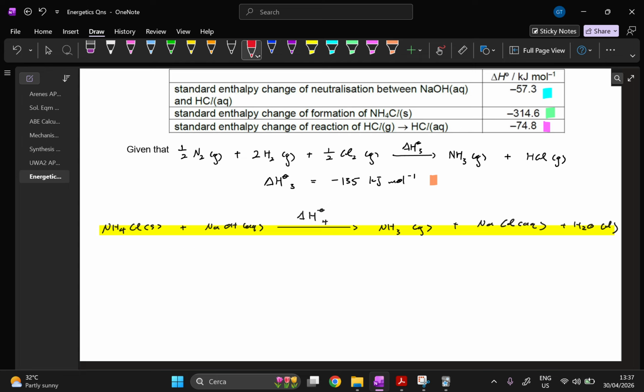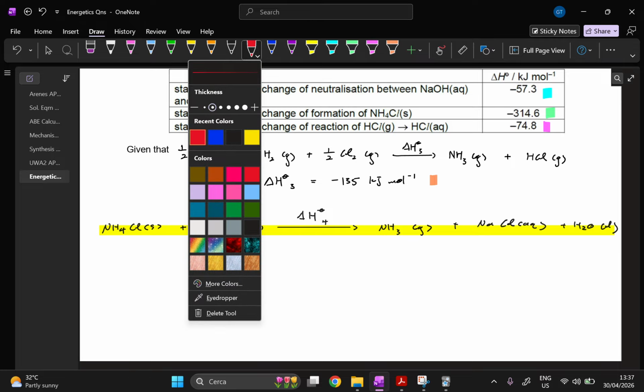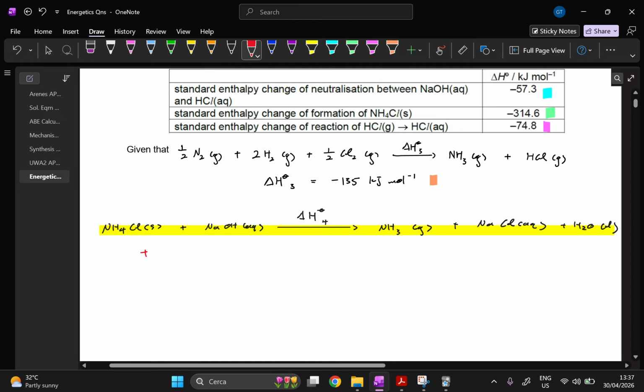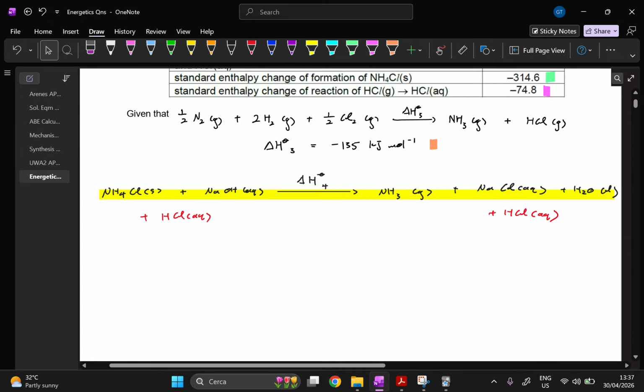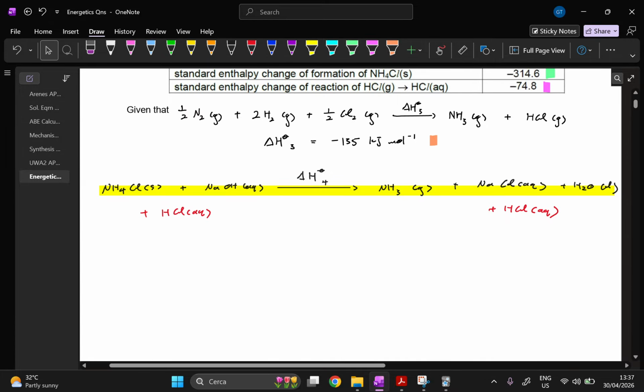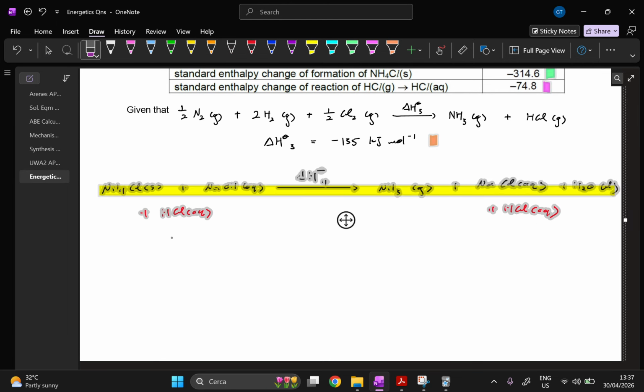Actually, no, let me put this in a different color. I'm going to use red to denote anything that I add on both sides. So I'm going to add HCl(aq) on both sides so that it's still balanced. And this is analogous to a lot of methods that you use in math as well. If an expression doesn't look like what you want it to look like, you can add something on both sides or multiply it by 1, and somehow it'll look nicer. I mean, my math is pretty bad, so I'm not sure how that works. Anyway,